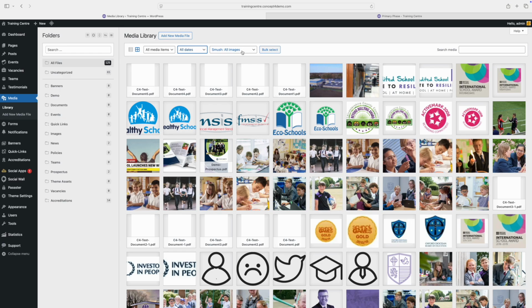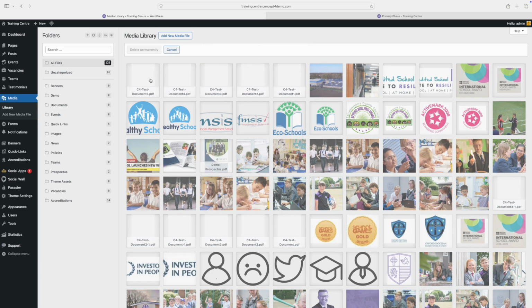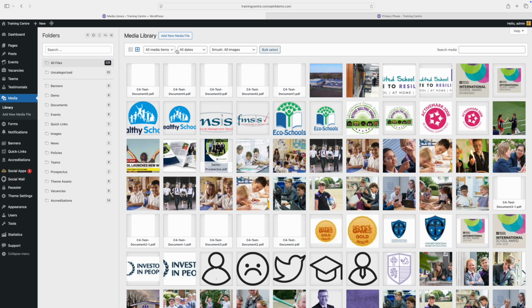All images uploaded to the media library are automatically web optimized. This helps ensure faster page load times across your website. You also have the option to bulk select multiple files, which allows you to perform group actions like deleting several files at once. To add new content, you can simply drag and drop files from your computer into the media